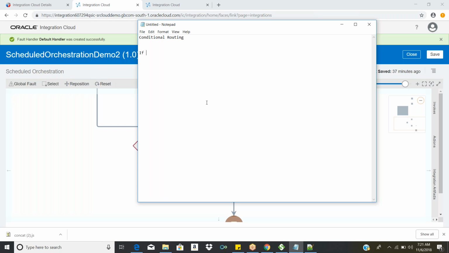This option is already available in any programming language, Java, C or C++, maybe PL/SQL. You don't need to know these programs, but as you guys are from an ERP background, you must be familiar with PL/SQL. That's the reason I'm comparing it. In case you don't know PL/SQL, you don't need to worry about it.